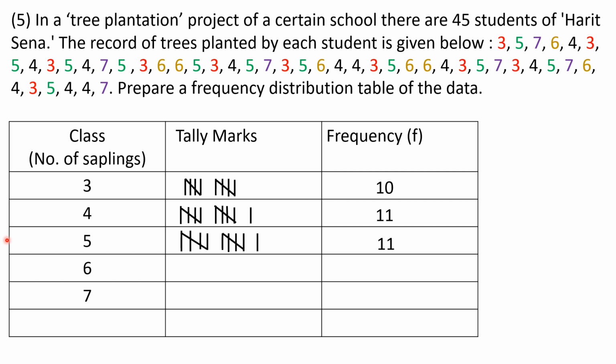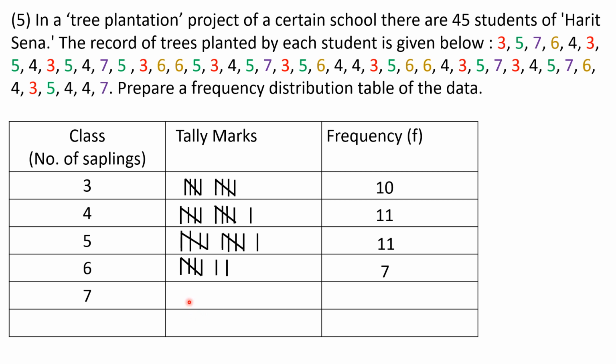Then the sixth score, for which I have used brown color. Okay, let's count 1, 2, 3, 4, 5, 6, 7. So total comes to 7. So for 6, we'll put 7 tally marks over here: 1, 2, 3, 4, 5. This is a group of 5 and 7 are there, so 2 more extra tally marks. And we'll write down 7 over here.